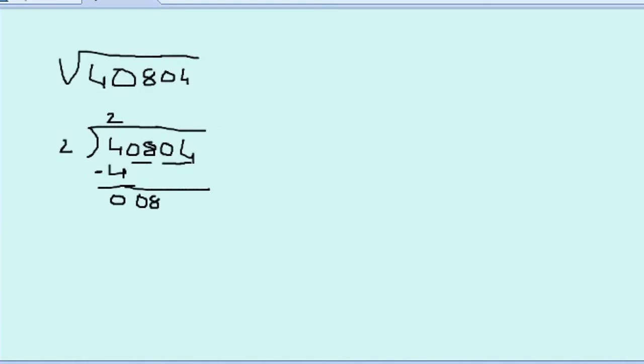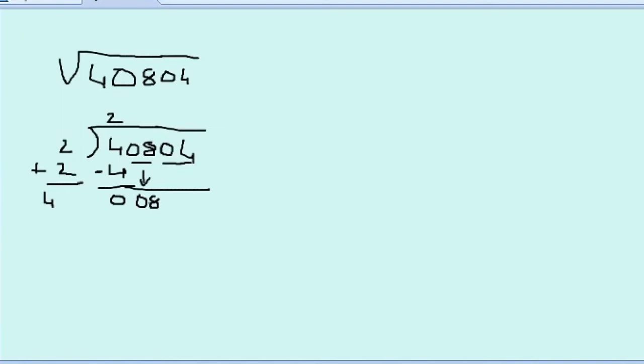Okay, both the pairs, in the pairs we bring them down. Now here the answer is 008, that is nothing but 8. Now I have to add this number, 2 plus 2, this is 4. Now if I add any number here, this can be above 40 or 41. Okay, I can start with 1. 41 into 1 will be 41, which is bigger than 8.